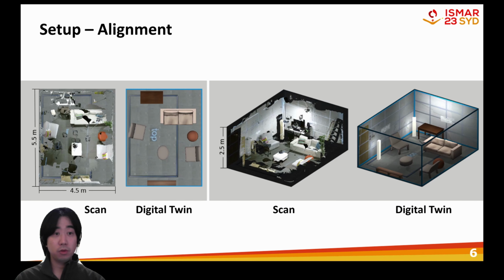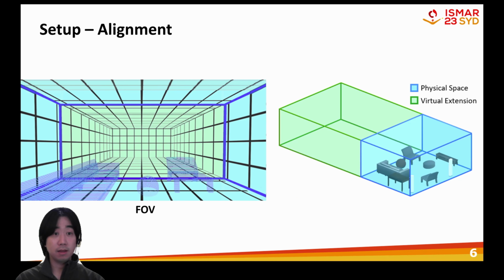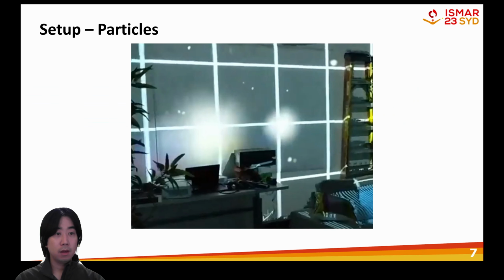For the virtual room to be precisely aligned with its physical counterpart, the system goes through a calibration process. Static 3D geometry, including both stationary and moving objects, is reconstructed from 3D scans of the environment. As a result, projected content can be precisely aligned with the physical layout, enabling virtual room expansion or distortion as you can see here.